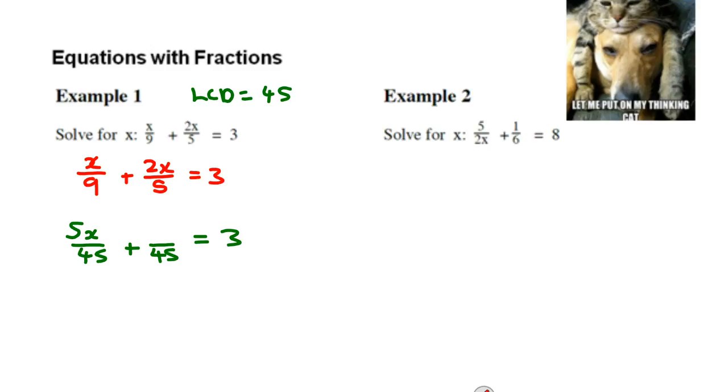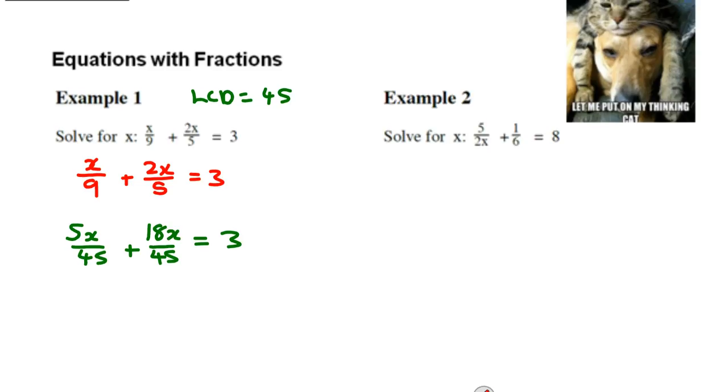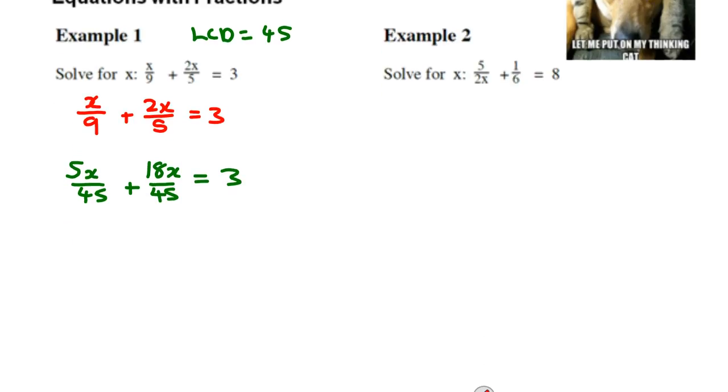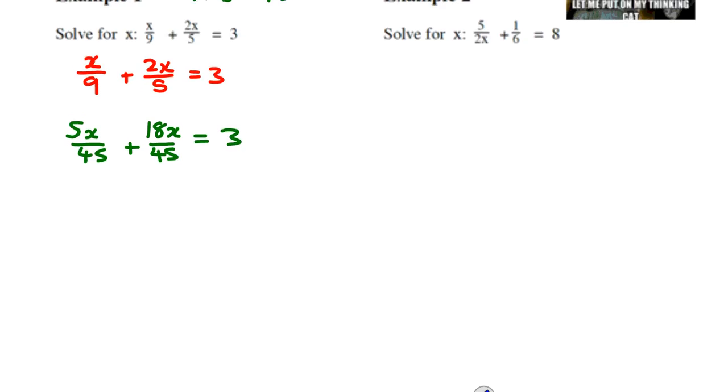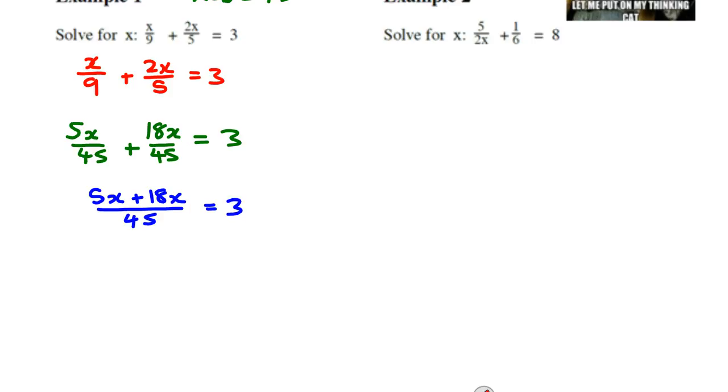And then we just combine the numerators. Remember, keep the denominator the same when adding and subtracting fractions. Once you've got the LCD, don't add them. Don't add the LCDs. Keep them the same. So 5x, actually I'm going to rewrite that. I'm going to write the numerator first. Combine the numerators, 5x plus 18x over 45 equals 3. Then you should combine like terms. 5x plus 18x, 23x over 45